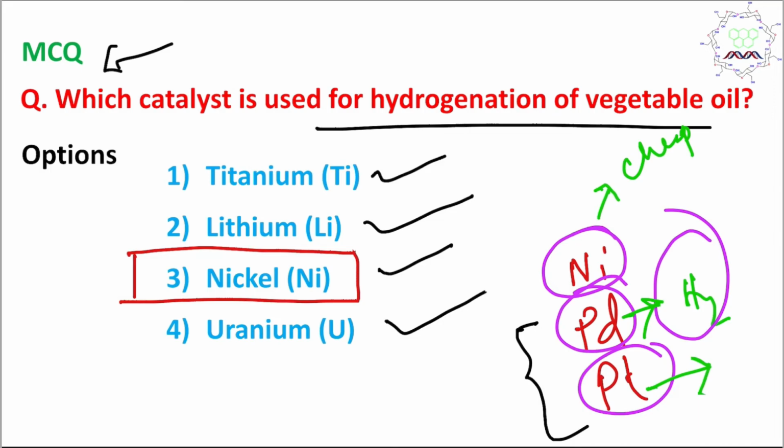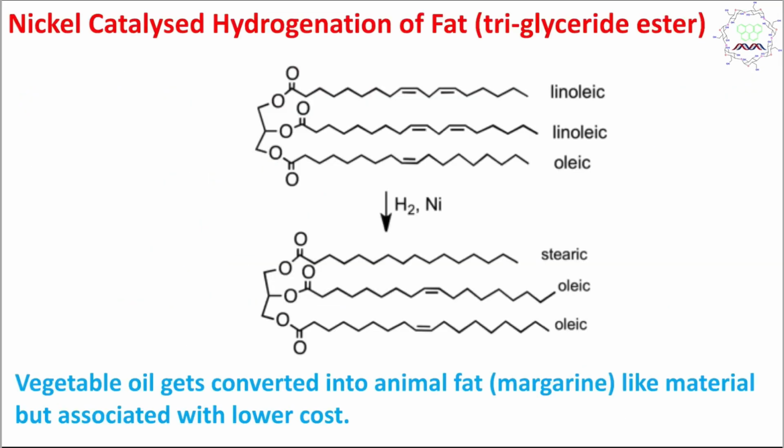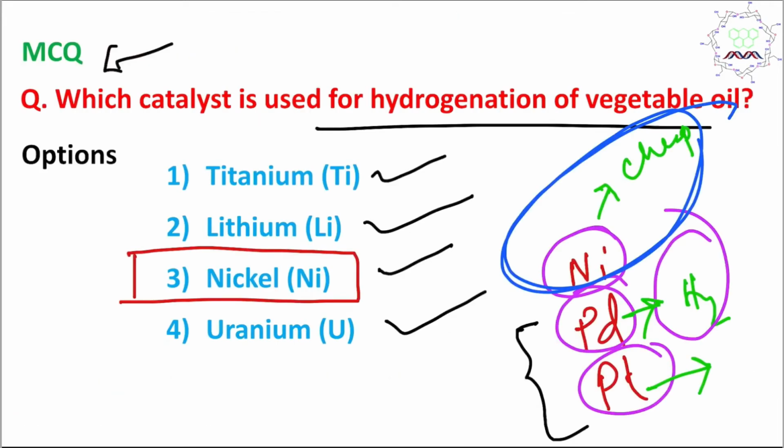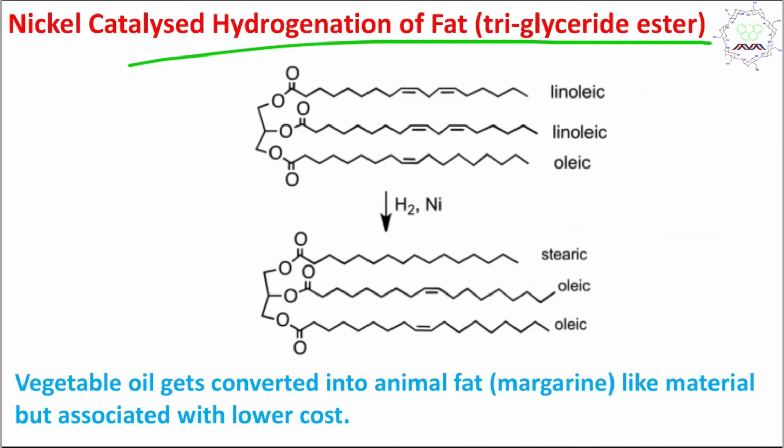So from this point of view, you can understand it is highly desirable if we can use nickel based catalysts, which are cheap and widely available, so you can use them extensively. Okay, and this is the example. You can see this nickel catalyzed hydrogenation of fat, means option C3 is the answer. So you can see in this reactant many double bonds are there. There are 2 double bonds, 2 double bonds, here 1 double bond, and after hydrogenation of this,